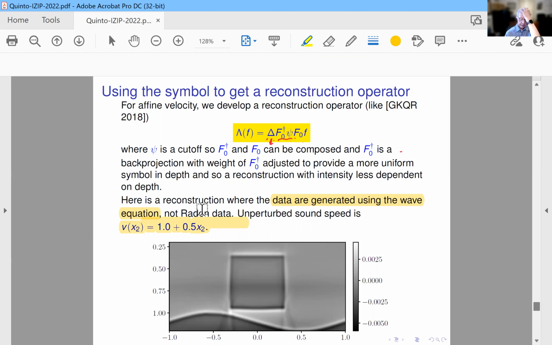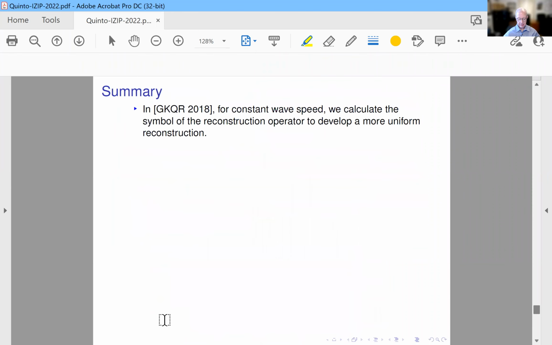So when we look at the object, it was a square above an ocean floor that's like a cosine or something. What this showed is that our reconstruction operator, at least in this case, did a pretty good job reconstructing. So this abstract stuff was helpful in making a good reconstruction operator. Good. Okay, so in summary, in the 2018 article,